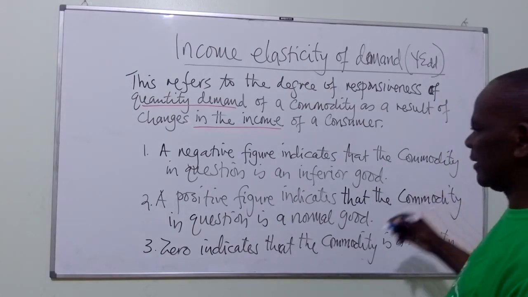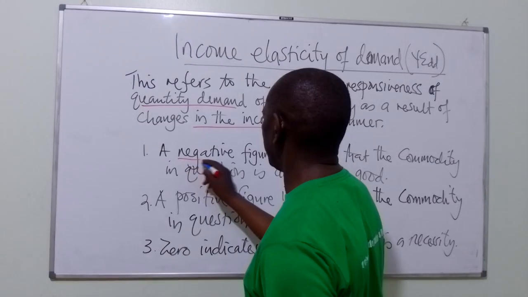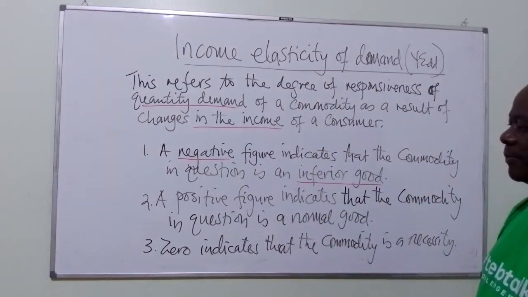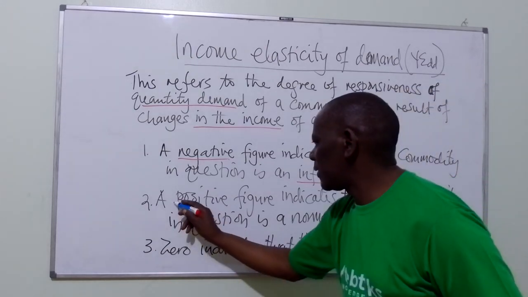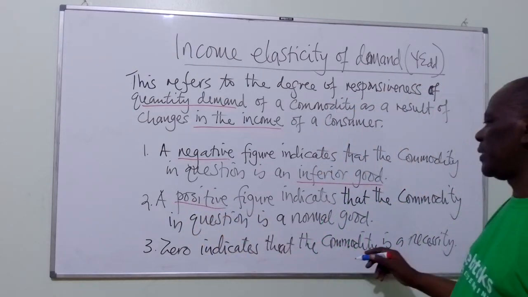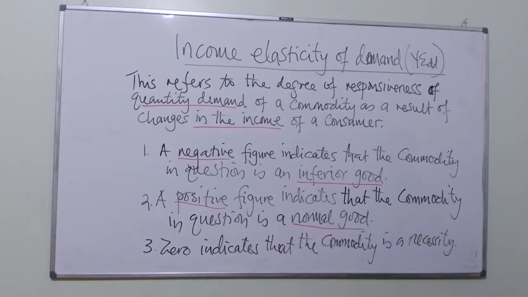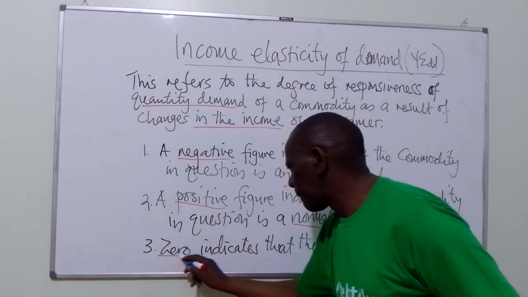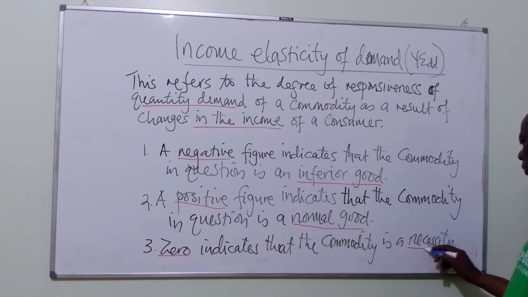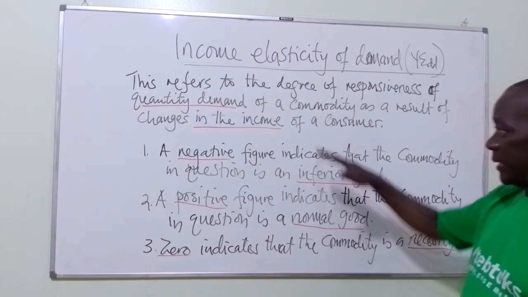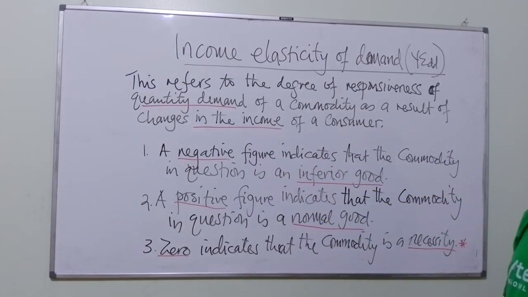The figure is negative. That means this is an inferior good. Have you calculated? The figure is positive. This means this is a normal good. If you have calculated and for any reason they have given you 0, the answer is 0, you know this is a necessity. Though the third one, I said it is a rare situation, but these 2, they give us